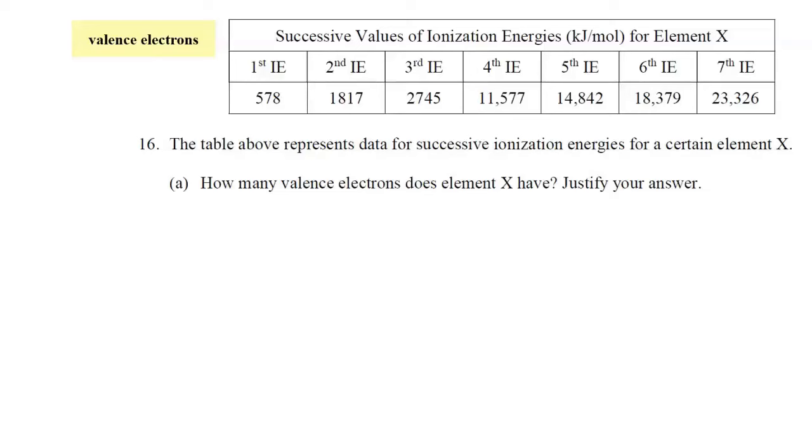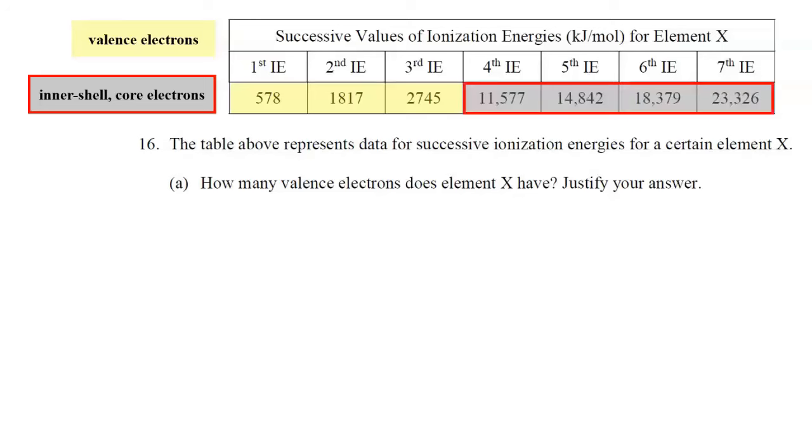valence electrons can be distinguished from the core electrons. So 578, 1,817, 2,745, and now there's a really large increase, 11,577. So that's when all of the valence electrons have been removed, and we are now removing an electron from the inner shell or the core electrons, which, because they are much closer to the nucleus, require more energy to